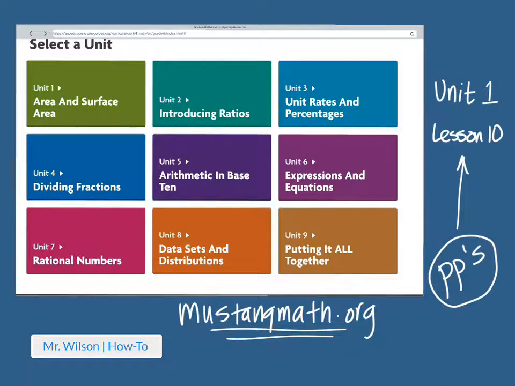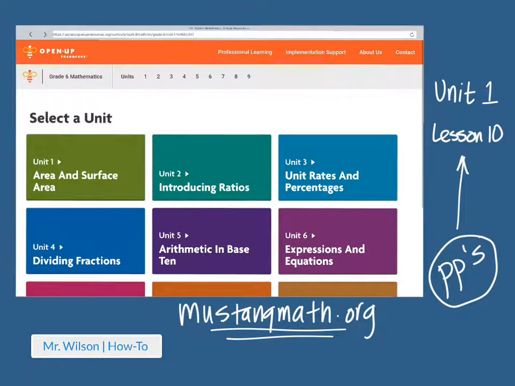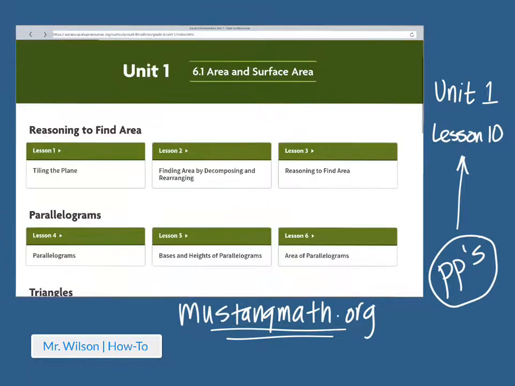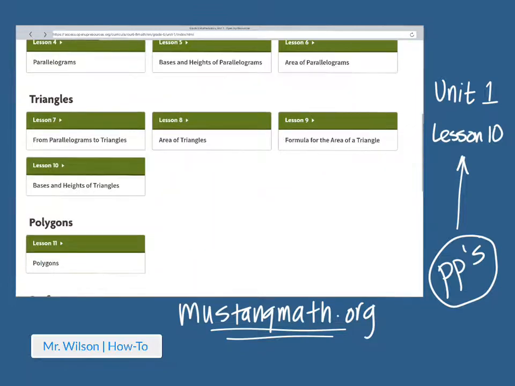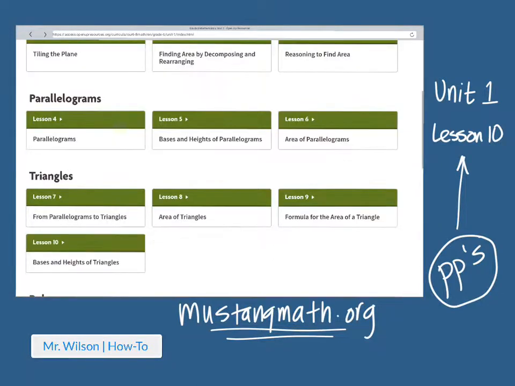But I will go ahead and click on Unit 1, okay? That will take me to all of the lessons, but I need to find Lesson 10. So I'm going to scroll down until I find Lesson 10. It says bases and heights of triangles right here. Okay, you'll see that. And once I click on Lesson 10, go right back down there again,